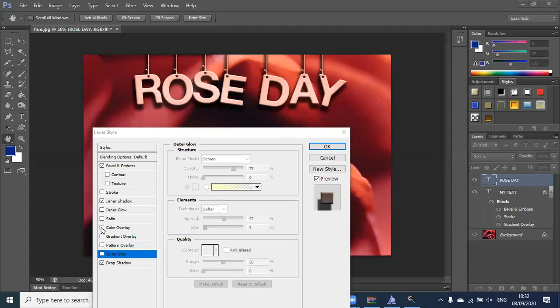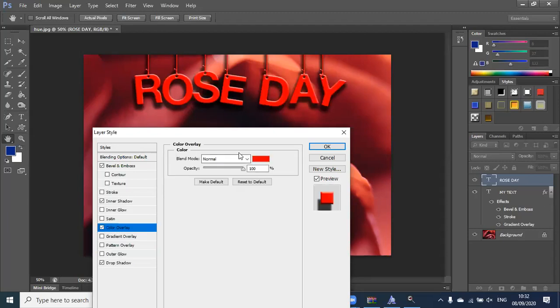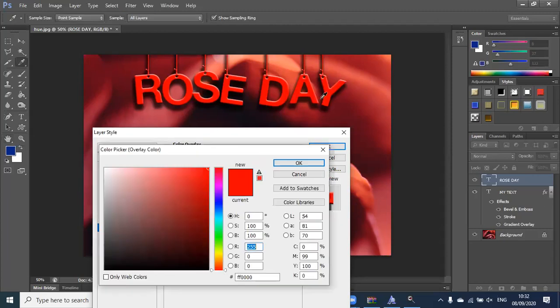Then there is color overlay. If I just want to overlap this with some color, I can use the color overlay panel. In color overlay, you can see the color is completely changed, so then the shadow effect will be useless. But if I want to give it a color, here it is. I can choose a color that I like, and that color would be applied on the entire text. So this is direct color overlay.